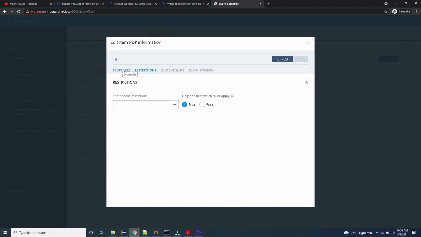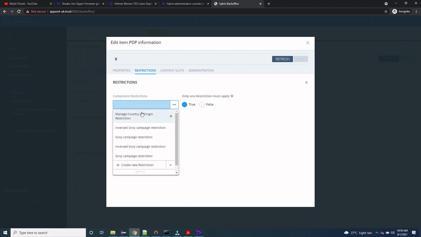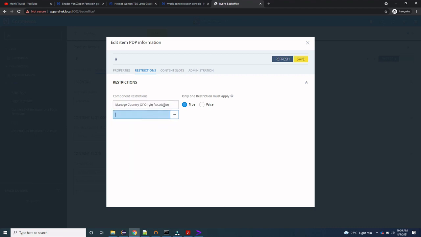After that, we will go to this restrictions tab, and here we will search for this component restriction. Here we get our custom restriction that we have just created, manage country of origin restriction. We will select that and save it.